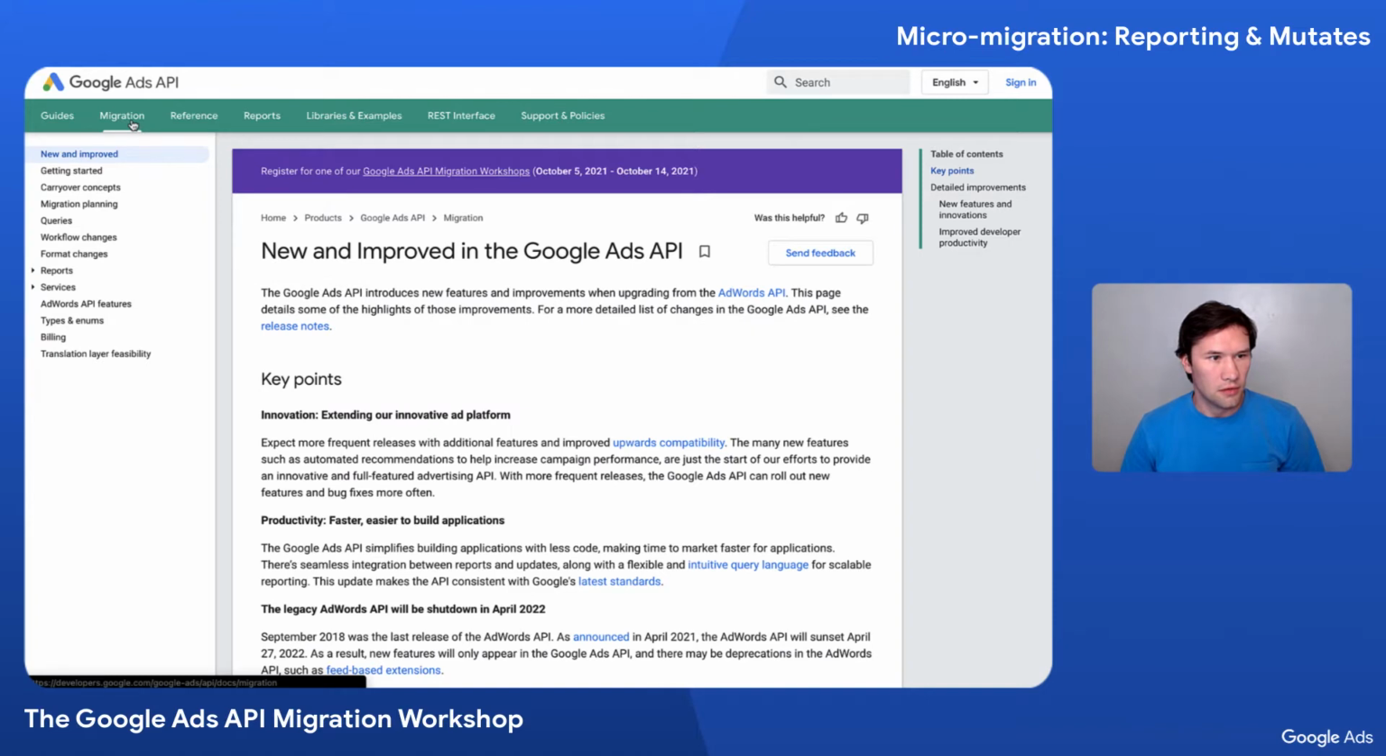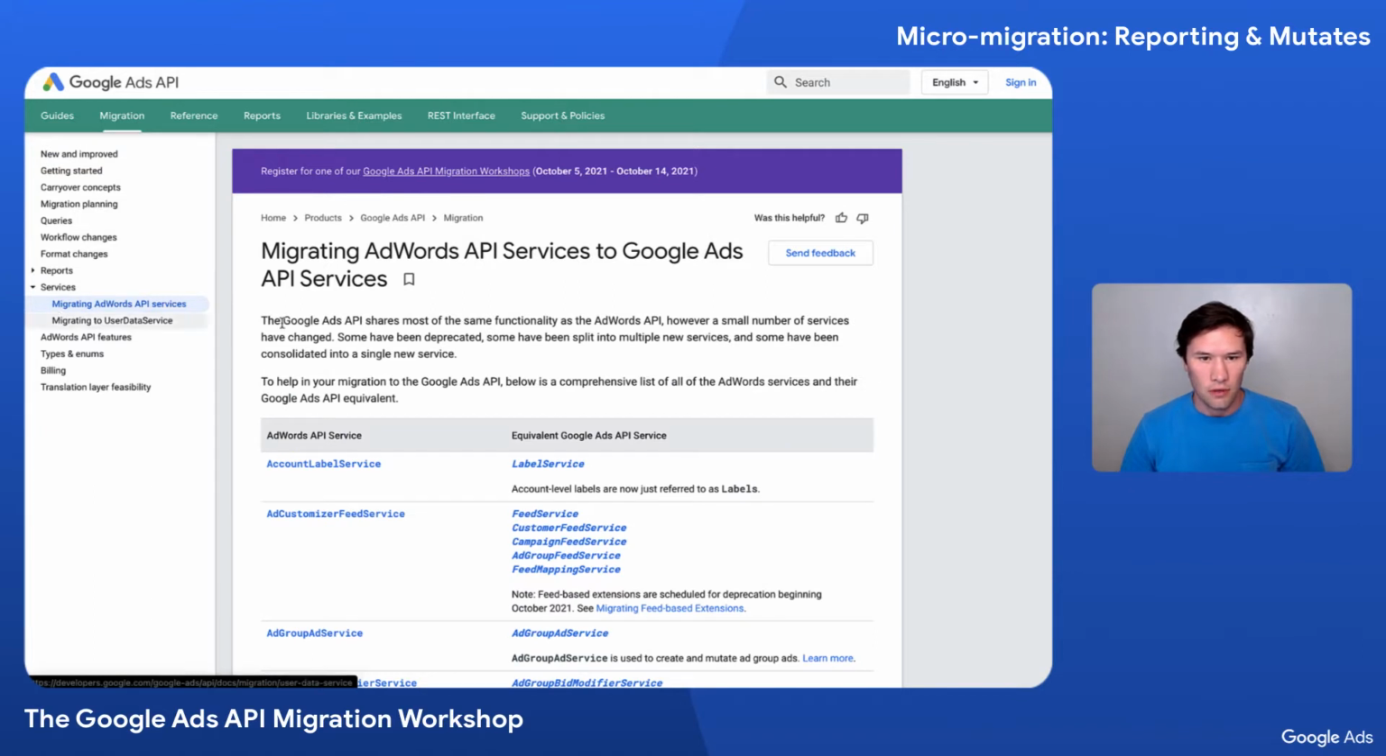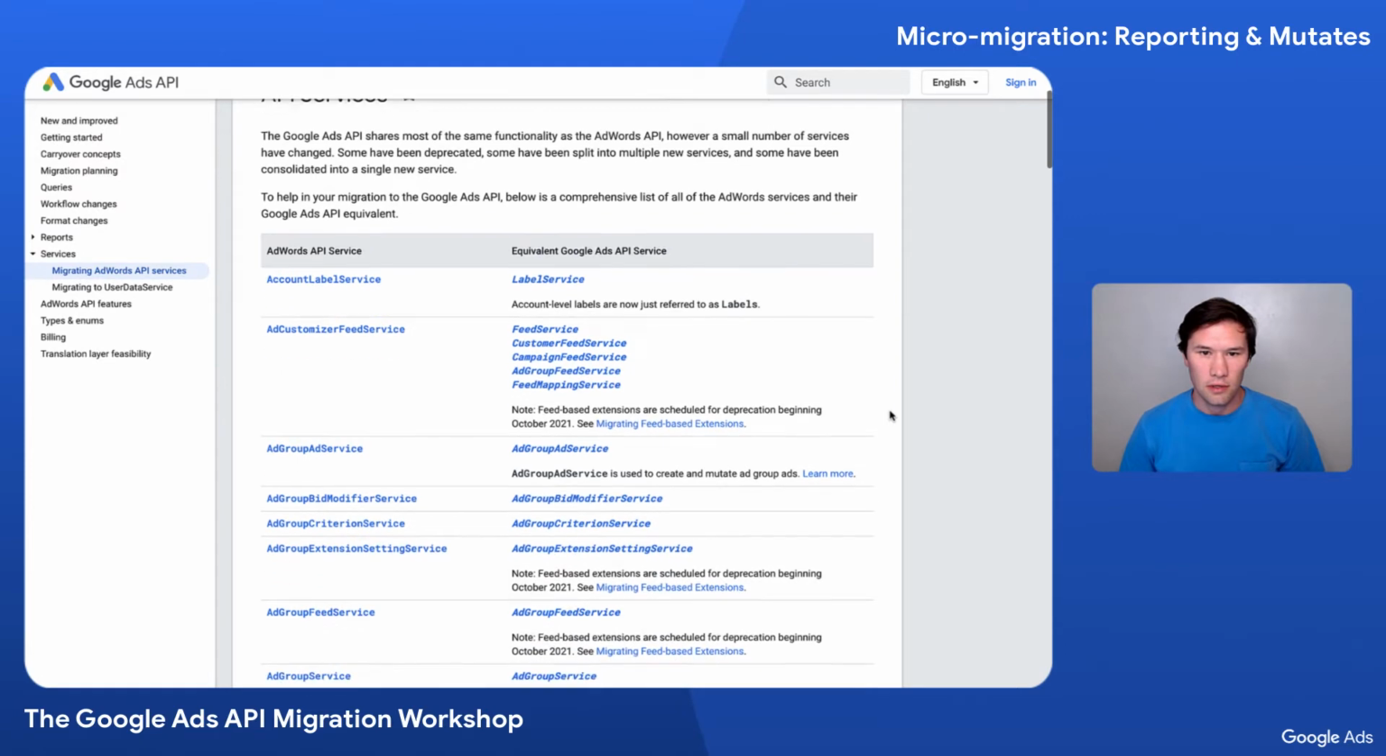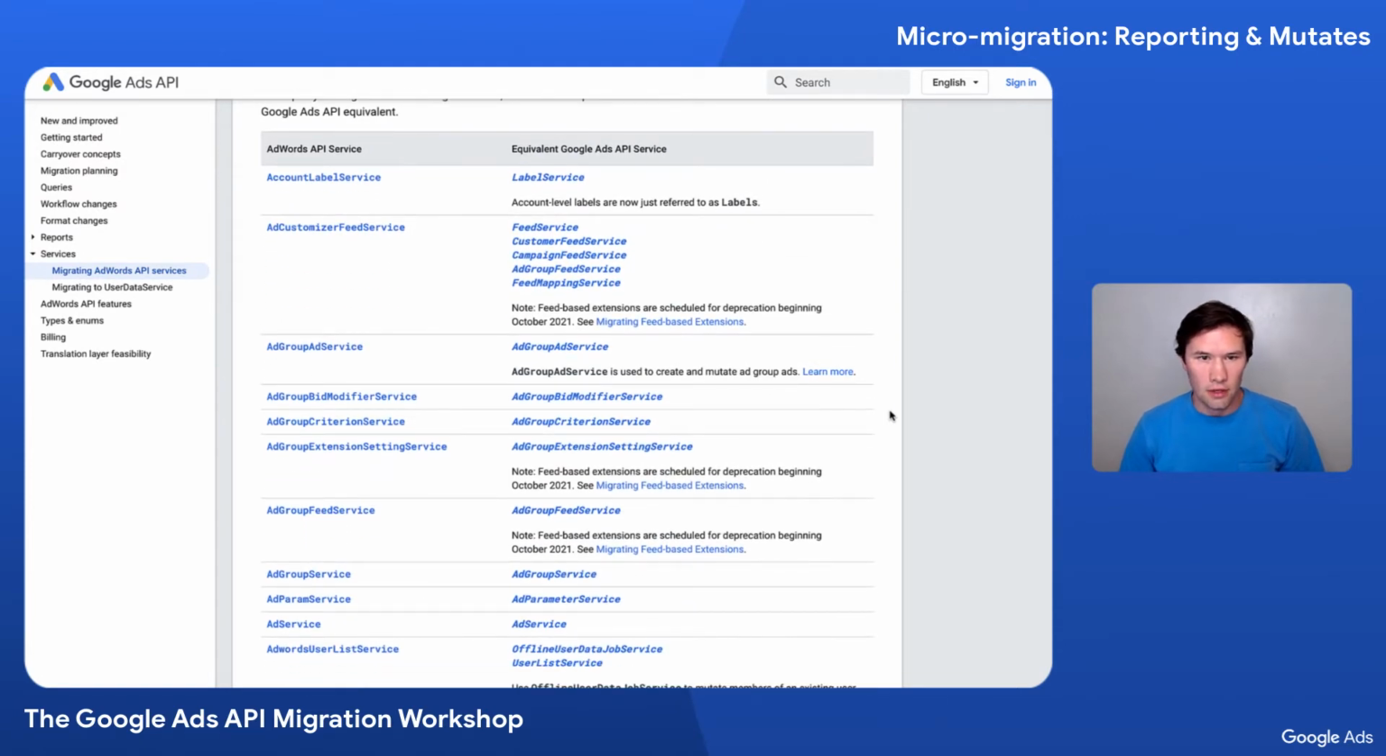So if you click on the Services tab, there's a Migrating AdWords API Services page. What this does is it shows a mapping of AdWords API services to Google Ads API services. So what this means is in AdWords, if you're using the account label API service, when you do your migration to the Google Ads API, you'll start using the label service. If you go up and look at reports,